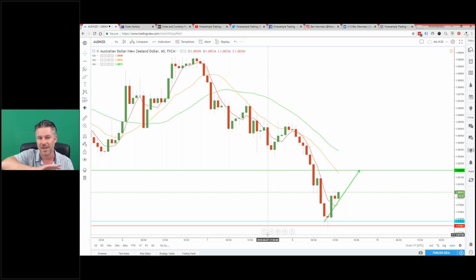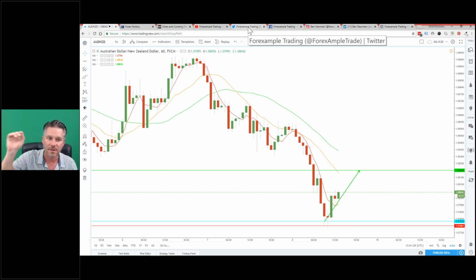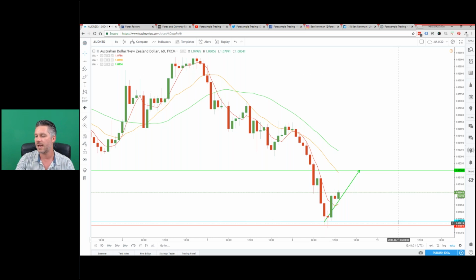I try and keep it as clean as possible so there's no confusion. I don't fill it with lots of different indicators and so on. I keep it as clear as possible, for the purpose of the signals, really. I want to make sure that all of you can see it. So the entry level here will be in this light blue, stop loss in red, and then take profit level in green, and there will be arrows indicating where I see the directional movement going.